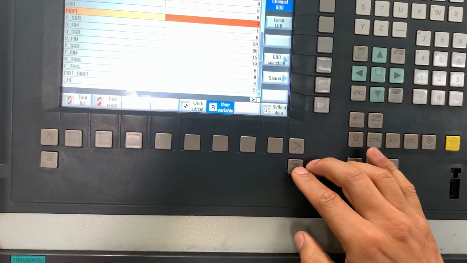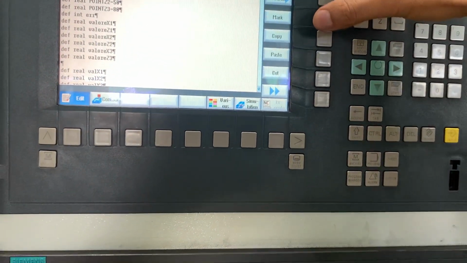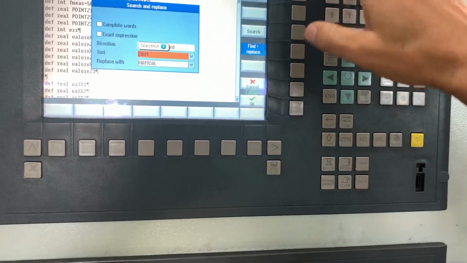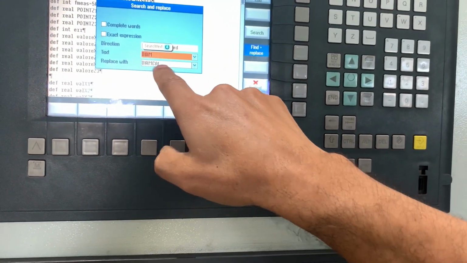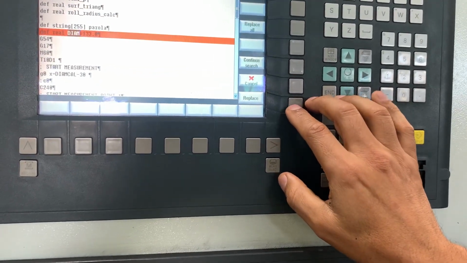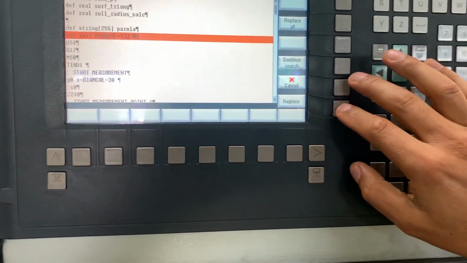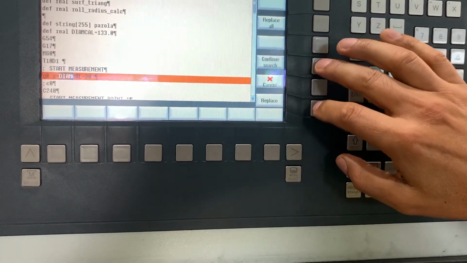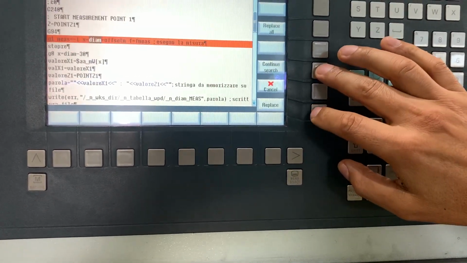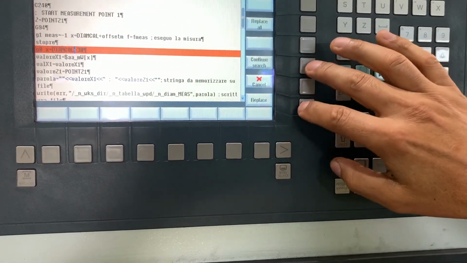in the main program. So let's go back, and we are going to search, find and replace diam with diam call. So let's hit OK. So I'm going to replace. Okay, continue search. It's already here. Continue search, replace, continue search, replace, continue search,